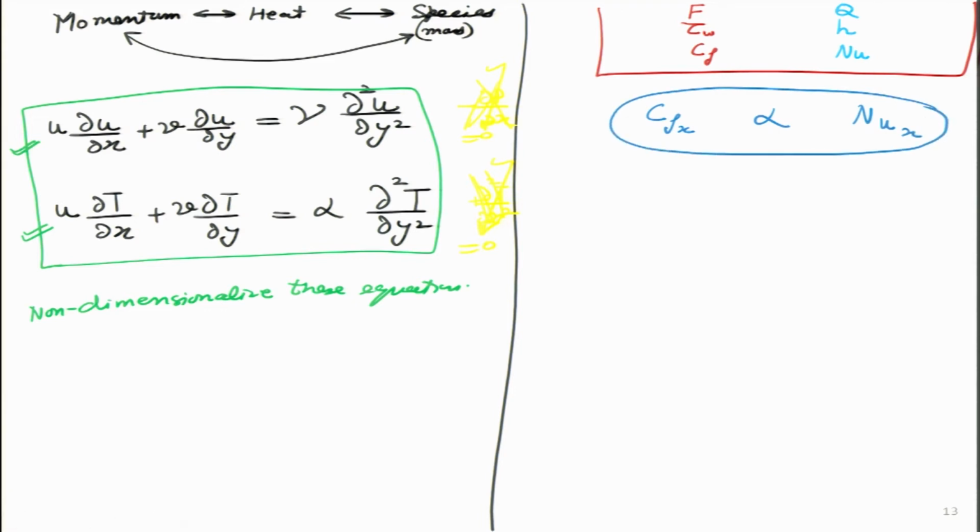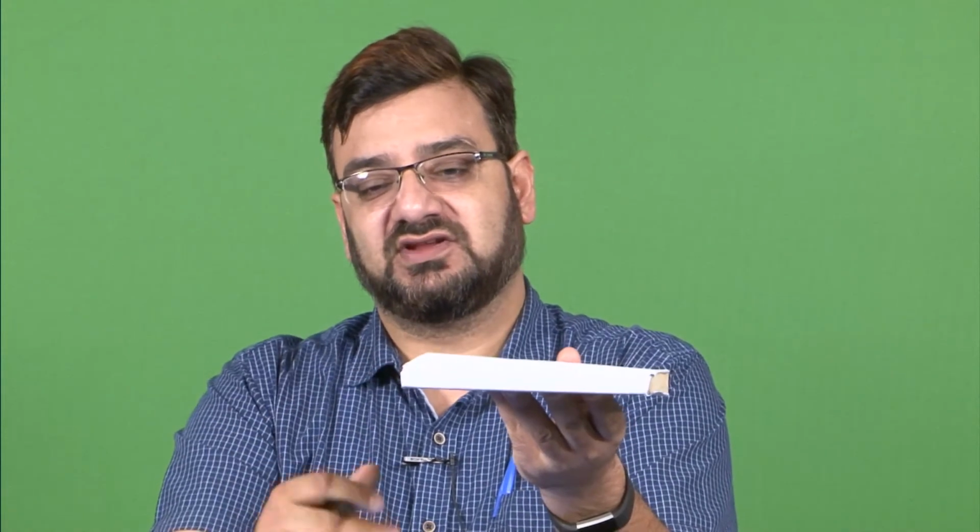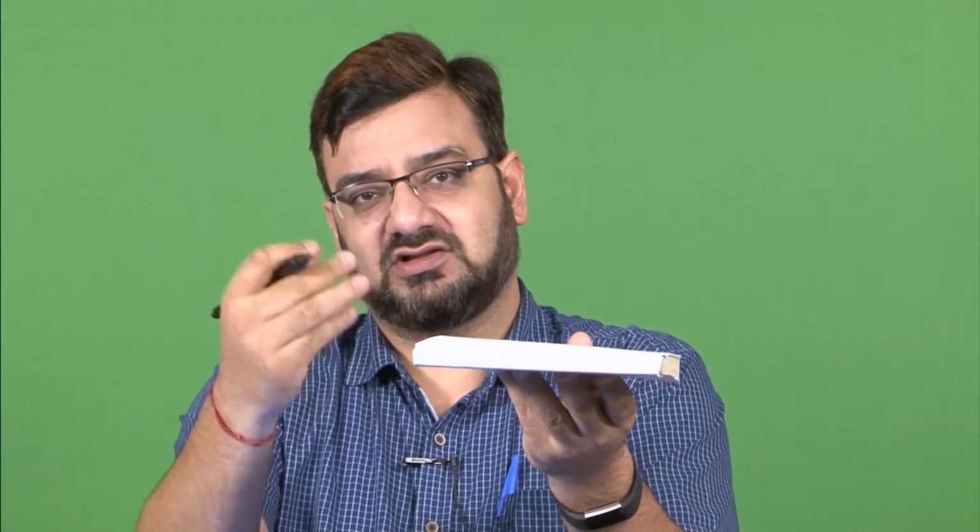then this is a very powerful equation. This is what I have written in blue over here, that they are functions of one another, maybe not directly proportional, but with higher order terms or something else. See how powerful it is. What it would mean is that if some ship is going somewhere, or some cardboard inside the water, I am dragging it around. If I simply measure the drag force on that ship or the cardboard, I can figure out the rate of heat transfer if there is a temperature difference between the ship and the water, or the cardboard and the water, any solid surface and the liquid.